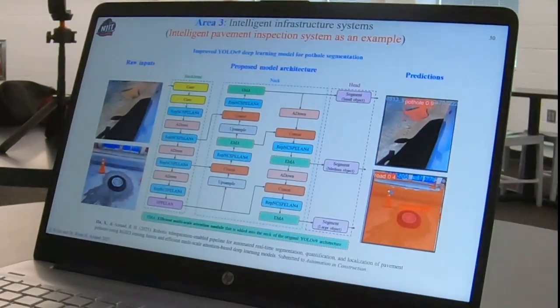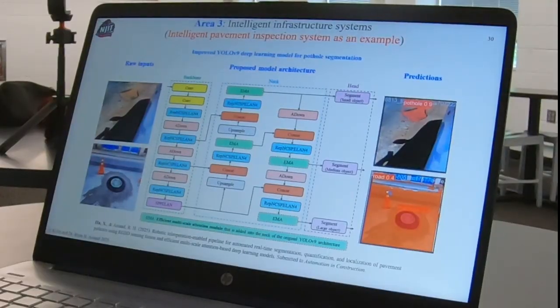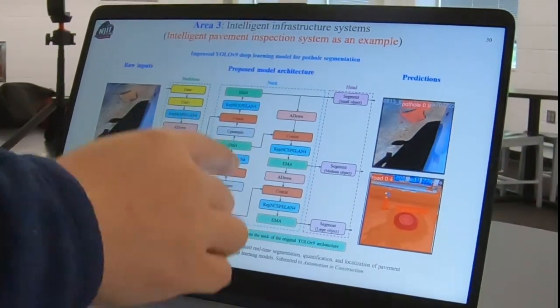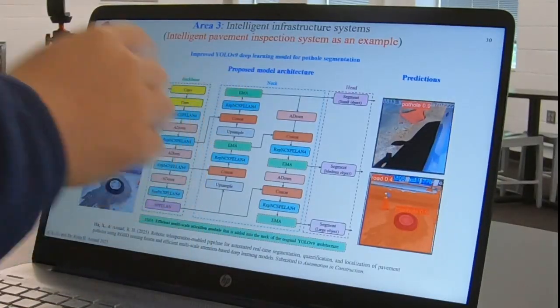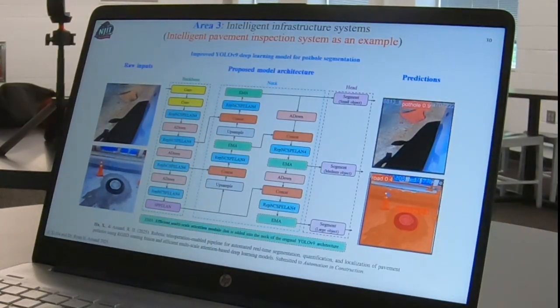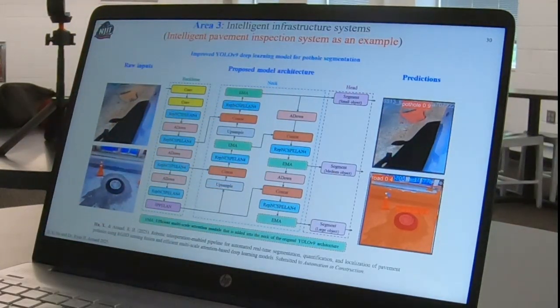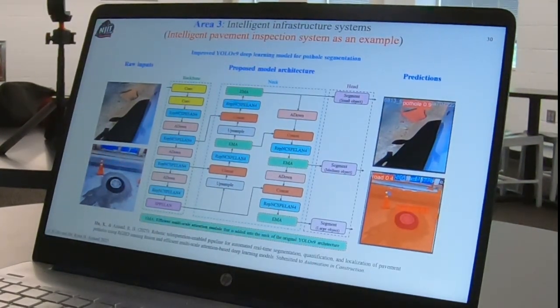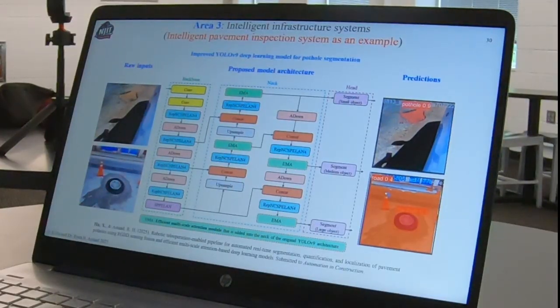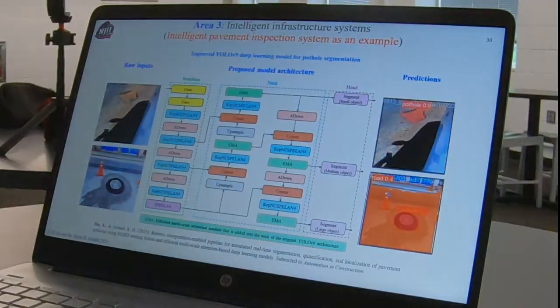We particularly improved a state-of-the-art deep learning model called You Only Look Once version 9, which was state-of-the-art last year. It's very strong for object detection given visual data. What we did was introduce something called efficient multi-scale attention, in order to enable the original network to better capture the features of the object you are interested in. For this project, we chose pavement potholes, because you see them when you drive every day, right? When you see a pothole, the first reaction is, yo, turn left, turn right.